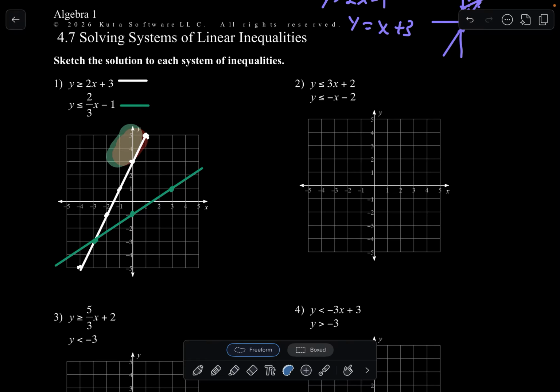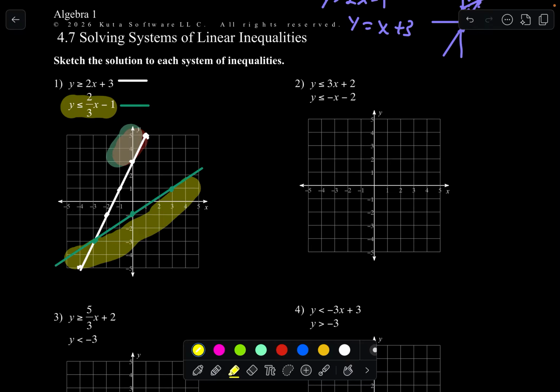All right. And now we got to shade the green. Do I even have a green color for shading? I'll make it yellow. So this is yellow shaded. We have to decide it's all y less than the line 2/3 x minus 1, and less than is down here. So if you carry out the shading to its obvious conclusion,